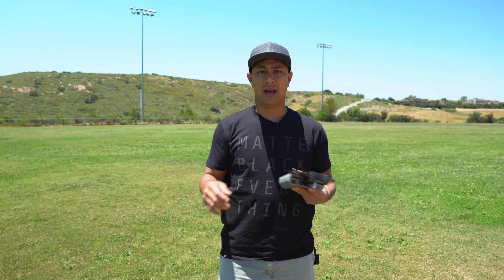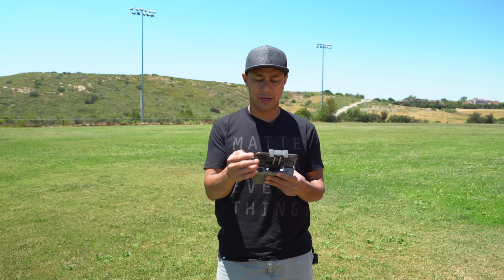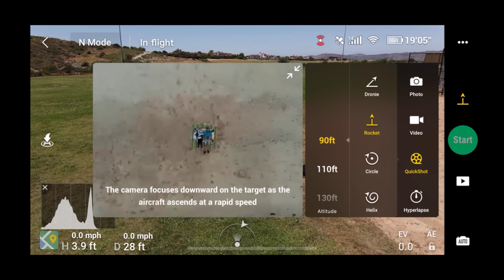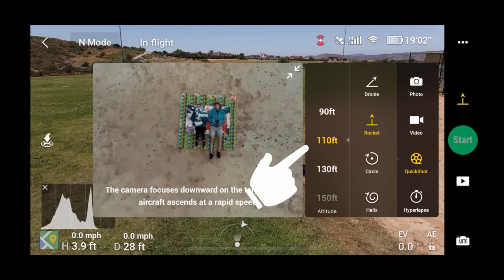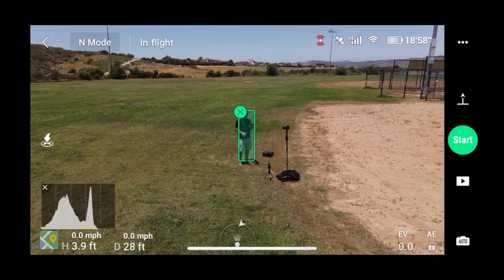There you go. And we are back, and that was the Droney mode. Let's just get straight into the next one. Let's go into Rocket. Let's just do a little short rocket here. Let's do 110 feet up in the air. Be done with that. And this one we will do is, I will draw a box around myself, hit start,